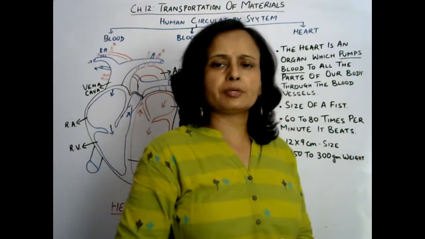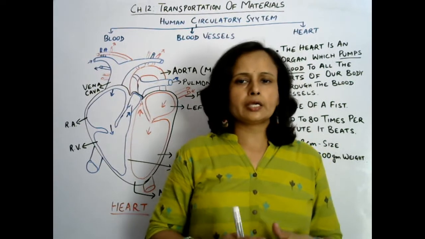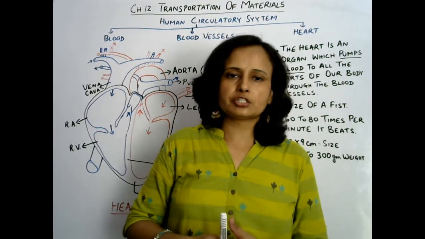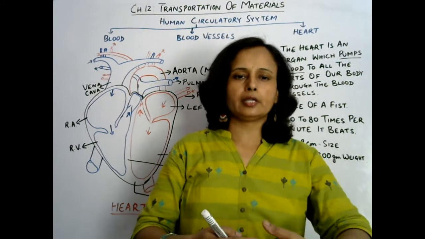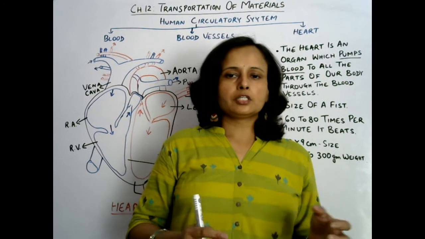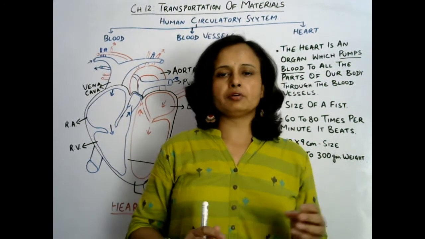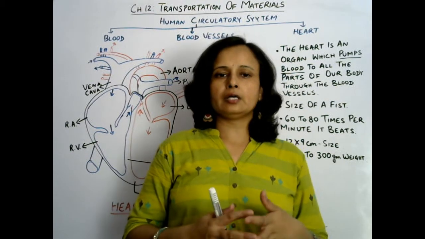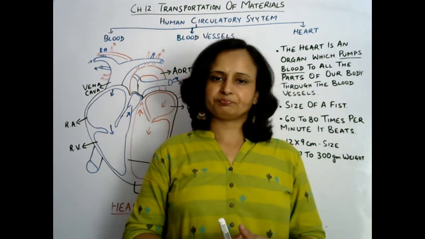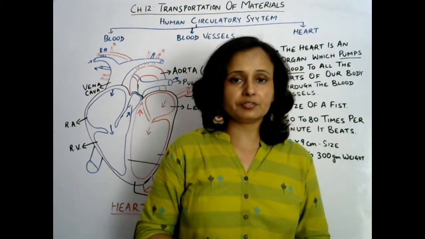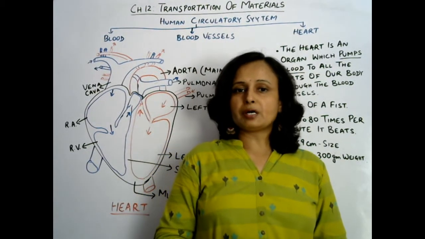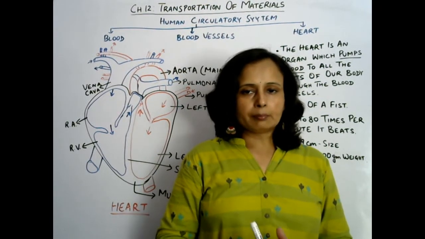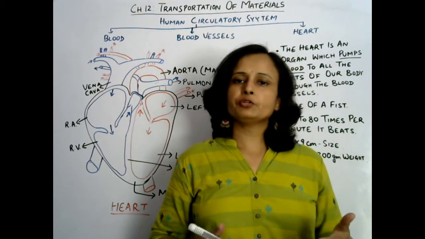So basically what happens, from all over the body the giant vein, that is called vena cava, this is the largest vein, okay, takes impure blood. So basically what happens, all the veins carry impure blood and finally supply it to vena cava, that is the giant vein, and vena cava supplies it to right atrium. Then blood goes towards the right ventricle. From right ventricle it pumps towards the pulmonary artery, and pulmonary artery carries that blood to lungs for purification.